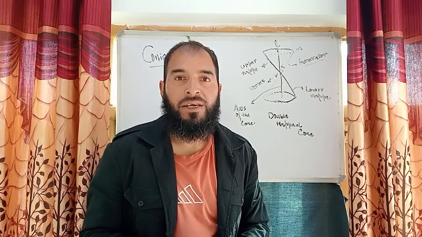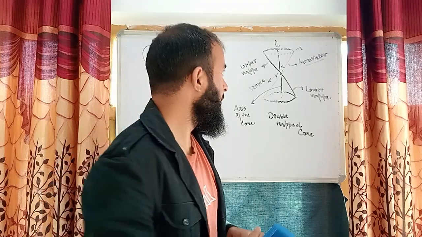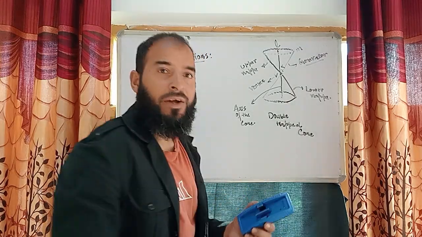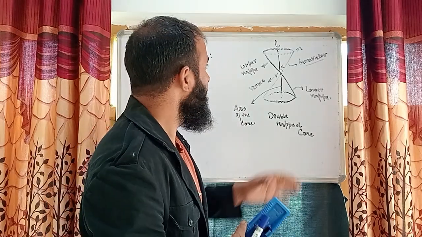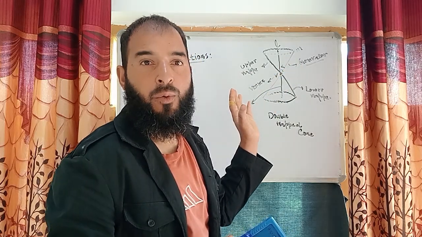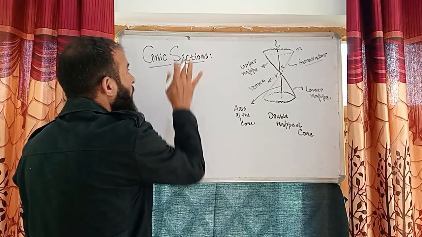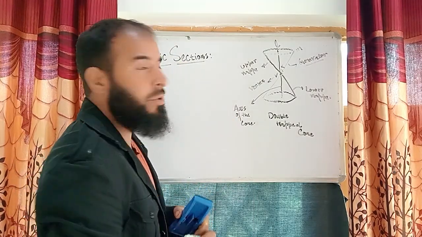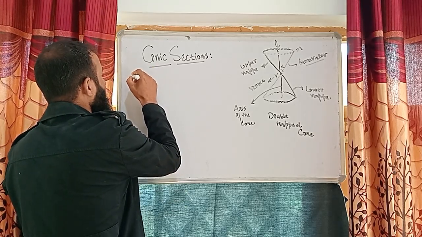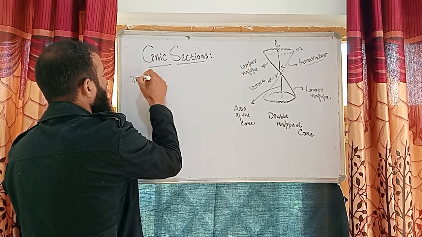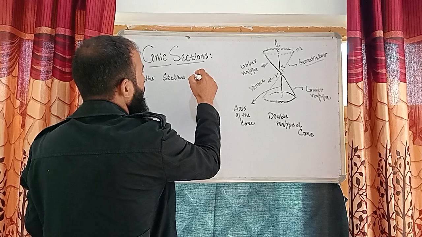Now we will see how we get the different sections of a cone. Now suppose we take a plane. We take a plane and we intersect this cone by that plane. Now what do conic sections mean? Conic sections are the sections which